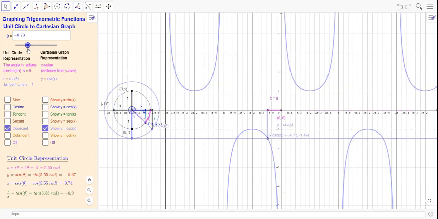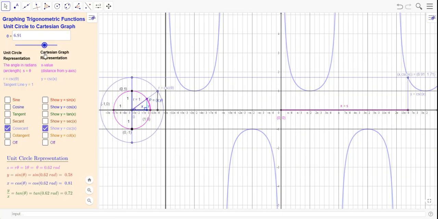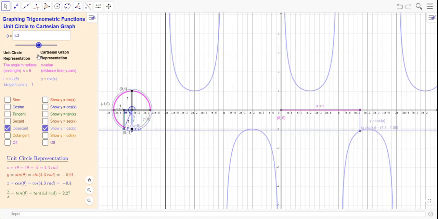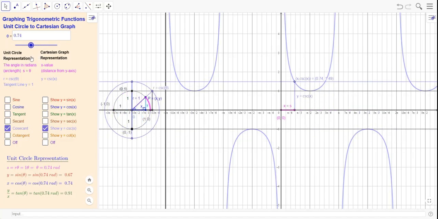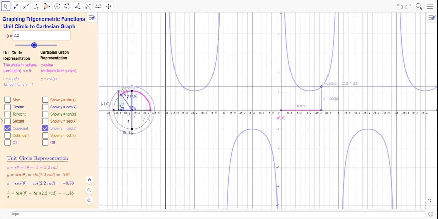So once again, we get a pattern that from 0 to 2 pi traces it once, and then you just shift that over by another 2 pi, another 2 pi, another 2 pi. And so you get that same pattern going over and over again. That is the cosecant graph. Just like the secant graph,